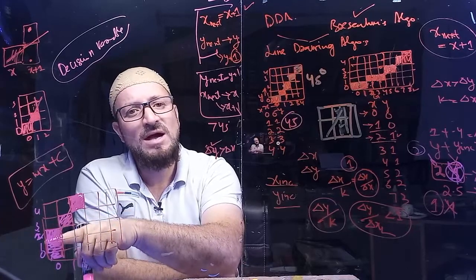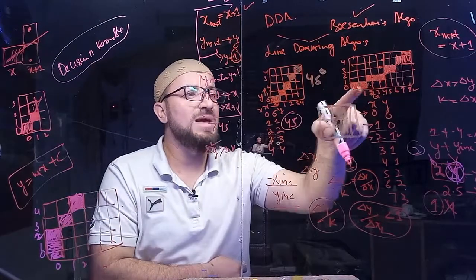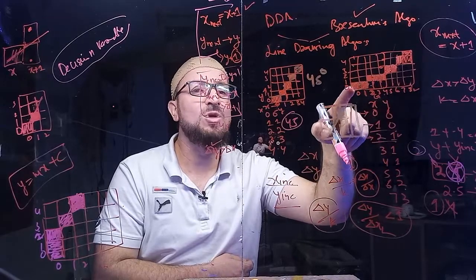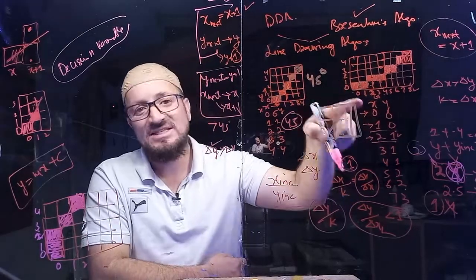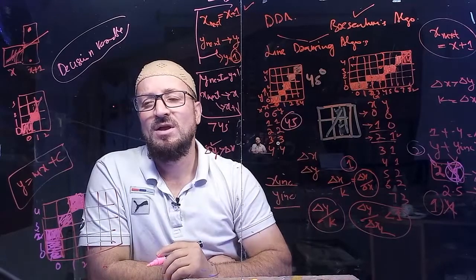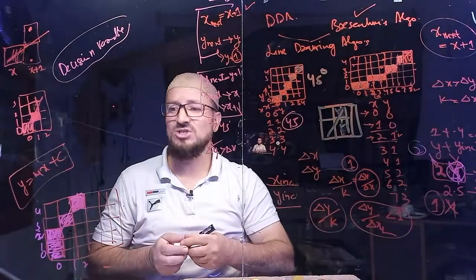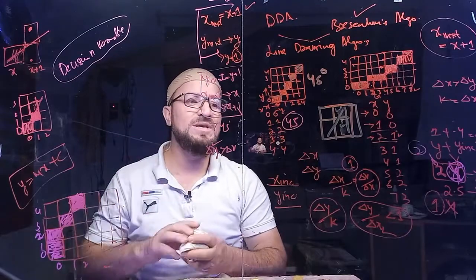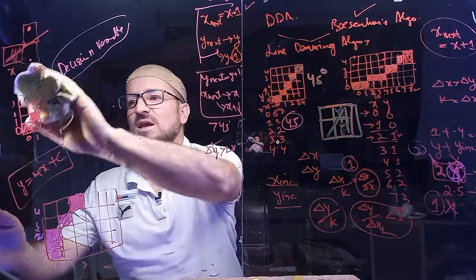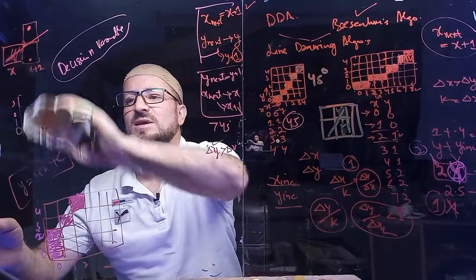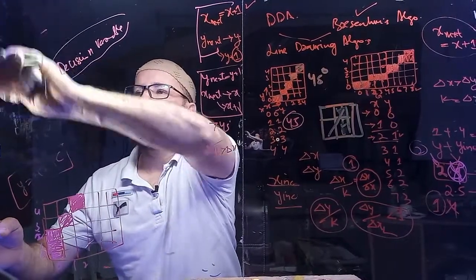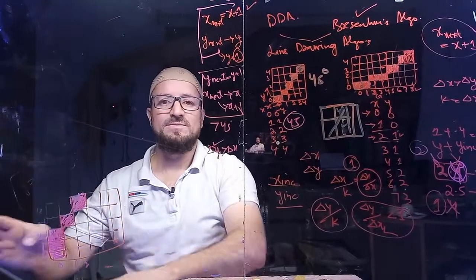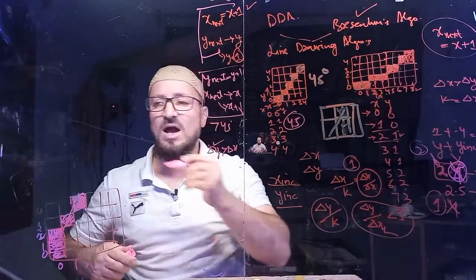लेकिन y हर बारी इंक्रीमेंट हो रहा है। इस सूरत में x हर बारी इंक्रीमेंट हो रहा है, लेकिन y इंक्रीमेंट होगा या नहीं होगा, इसके बारे में डिसीजन लेना पड़ेगा। Now how should I take this decision is, I need to know कि भाई ऊपर वाला पिक्सल और नीचे वाला पिक्सल, इन दोनों में ये नजदीक किसके पास है। ठीक है, लेट मी डू दैट हियर, कि अगर मेरे पास